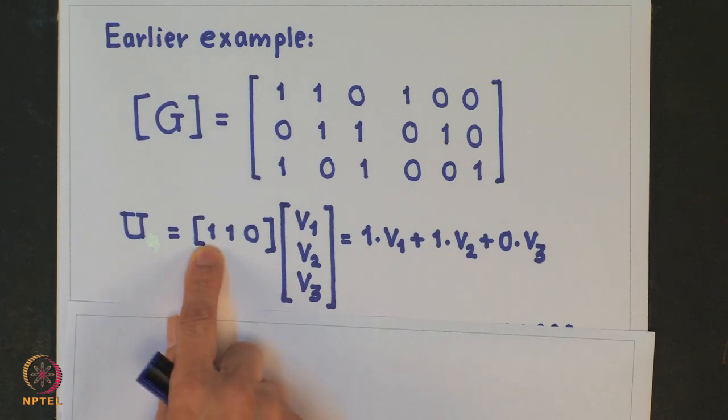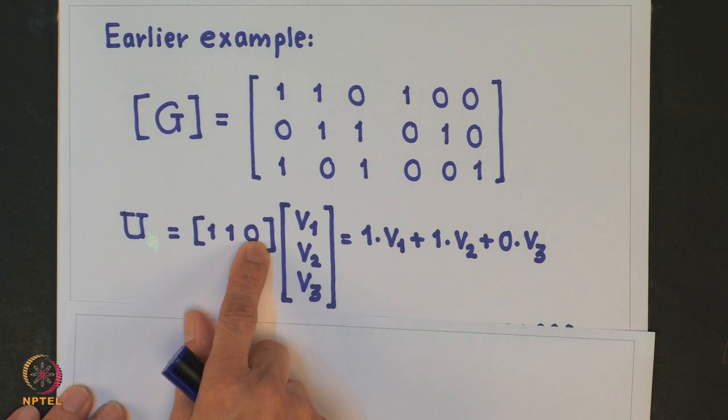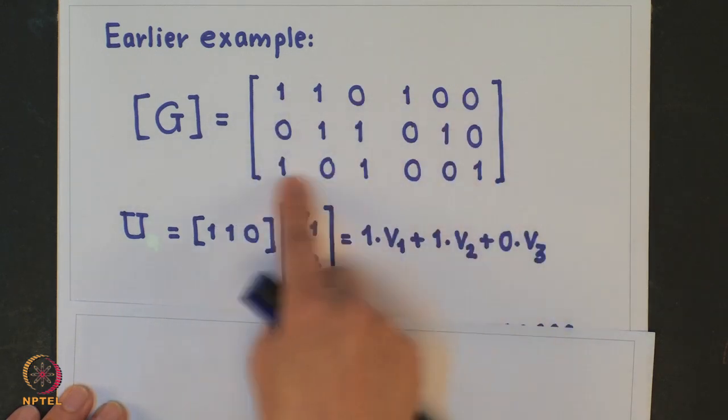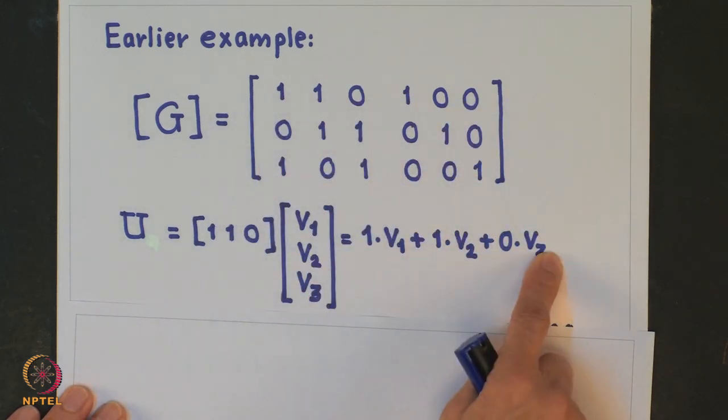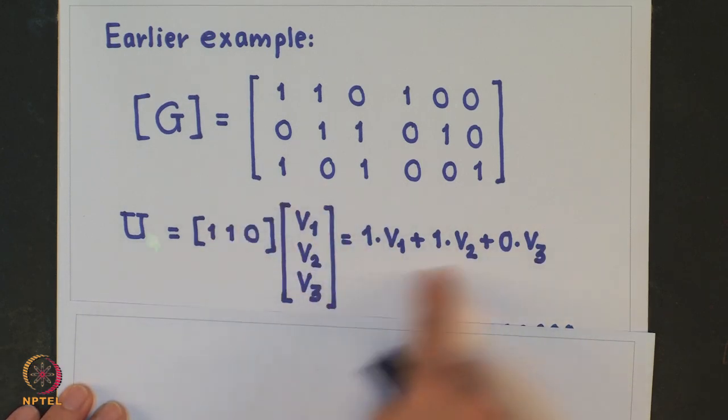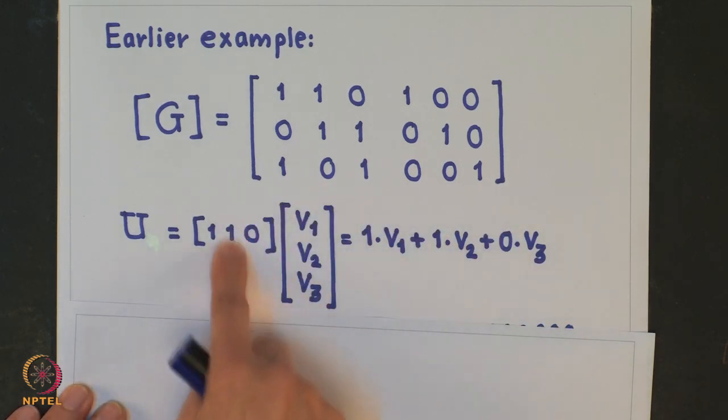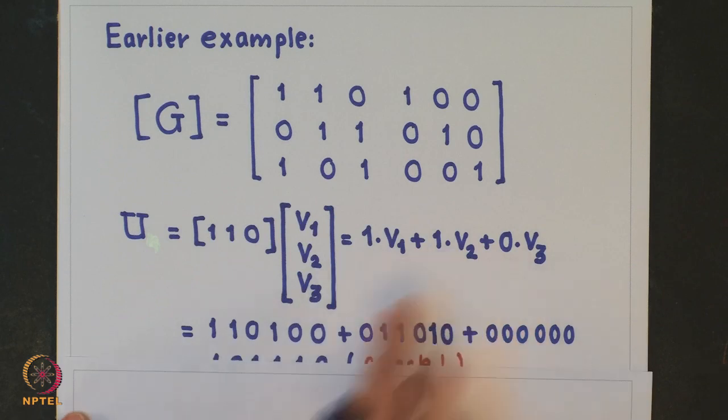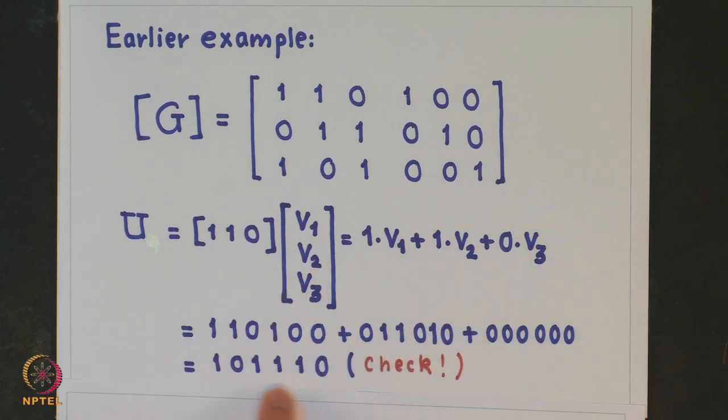So, if you take the message vector to be 1 1 0 and take this V1, V2 and V3, and generate it using this equation, we get the output to be equal to this,